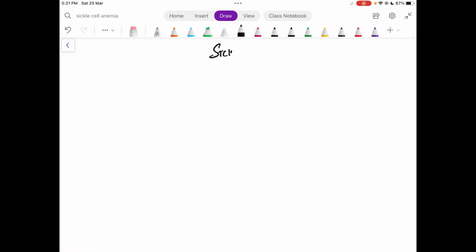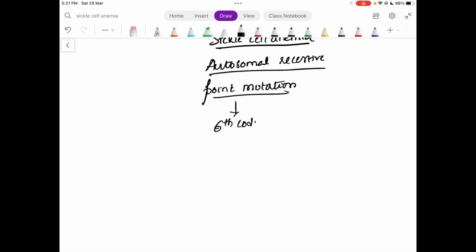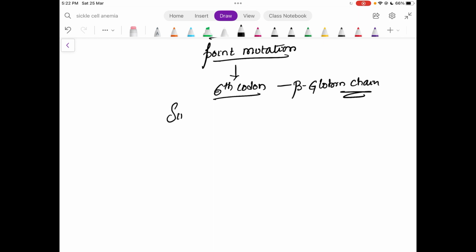In this class, we learn about a disease called sickle cell anemia. This sickle cell anemia is an autosomal recessive disorder where there is a point mutation, and this point mutation will occur at the sixth codon, that too in a beta globin chain. And this mutation will occur at a single nucleotide. This is a single nucleotide mutation,